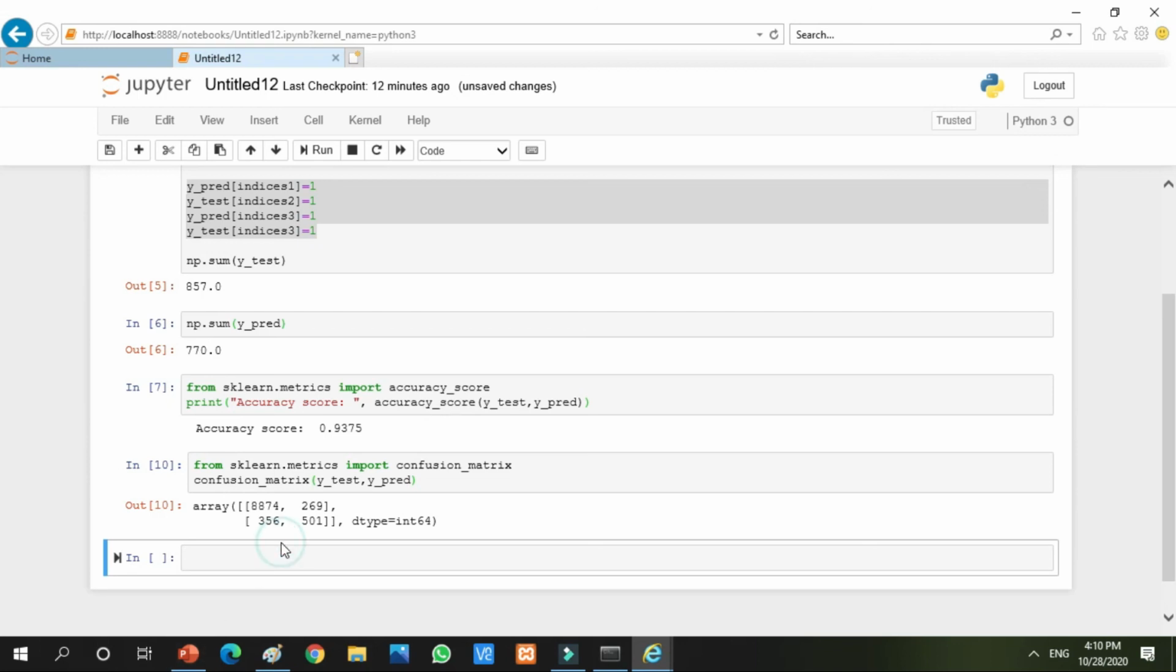In the same way, we can see the classification data as well. I am writing from sklearn.metrics import classification report. So from sklearn.metrics you have found the accuracy score, you have found the confusion matrix. Now for the third time, using this library, I am showing how to find the classification report, and the classification report consists of precision and recall as well,